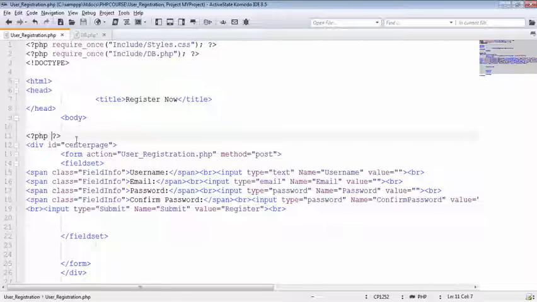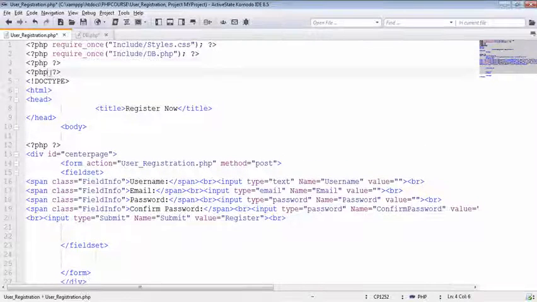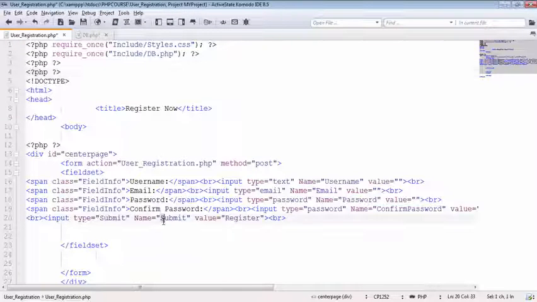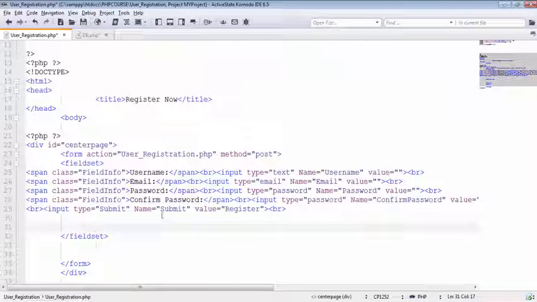So here I got my PHP scope, and I'm going to put this PHP scope before any HTML right here, in which I'm going to say that if this submit button that has the name of submit is set, meaning if a user clicks on this submit button, then what should you do? You have to process these PHP code that we are going to write. So we need to add the if condition here, and I'm going to say if isset using the super global of post, if this submit button that has the name of submit is set,